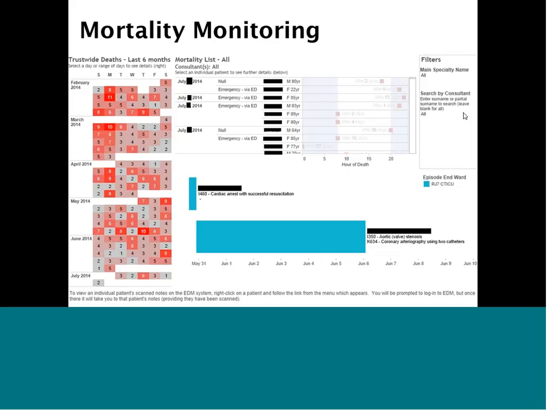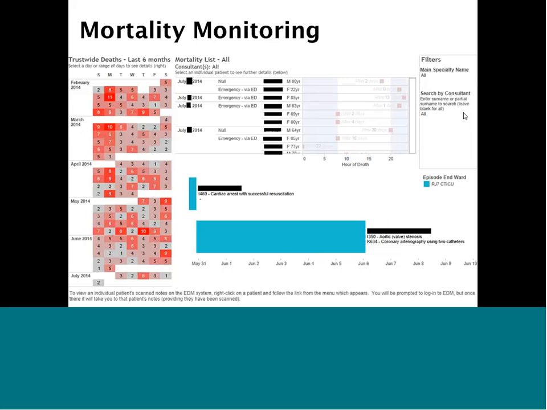like a Gantt style chart at the bottom. The black lines there are redactions, not part of the visual display, I should say, which shows you where they stayed. In this case, they were all on the same ward. So the colour of those bars is the ward that they were on, which is of interest, and the primary diagnosis and the primary procedure code that's been recorded. Now, so this is a quick way for, as I said, clinical auditors and associated staff to quickly hone in and look at